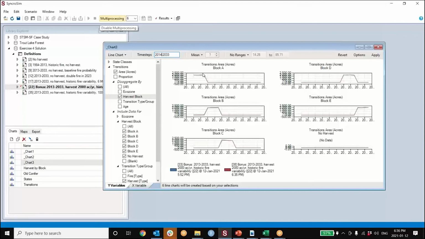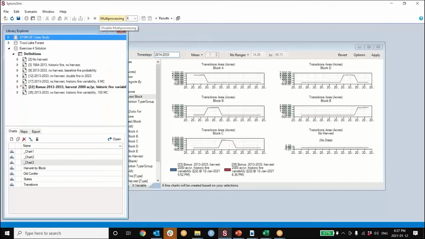A key other point that we just brought up in this exercise is that you can characterize many inputs in the model by distributions, just about all of them. We characterized the multipliers for fire. We sampled from a distribution, but you can bring in distributions for anything. Bring in your own custom distributions. There are some built-in distributions and you can sample from them. Just to give you an example, if I look at the Hawaii model that we were looking at before,